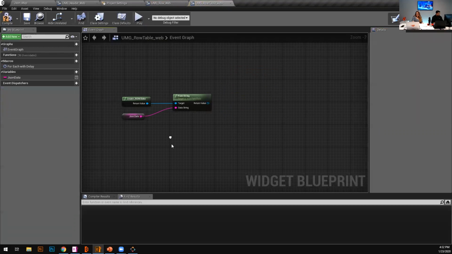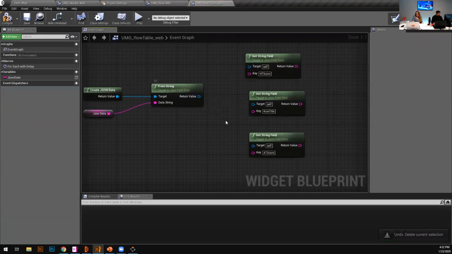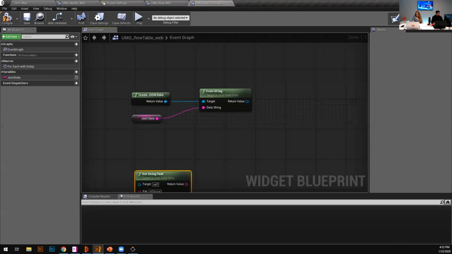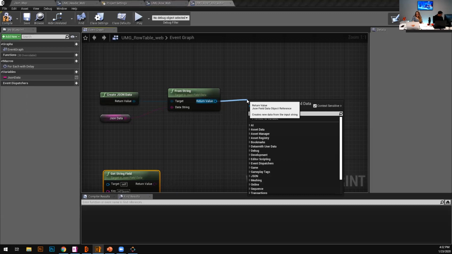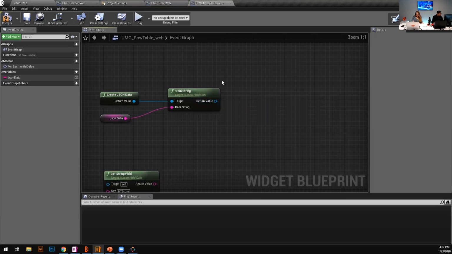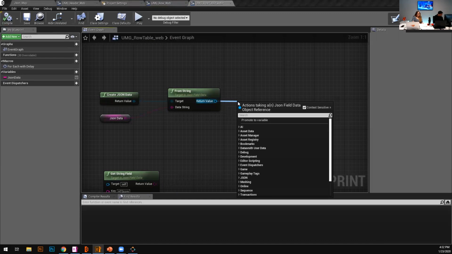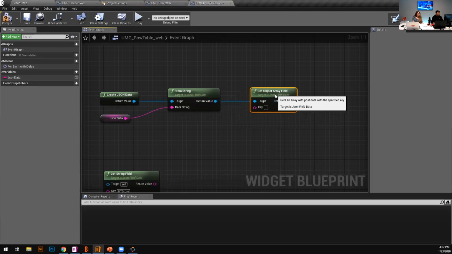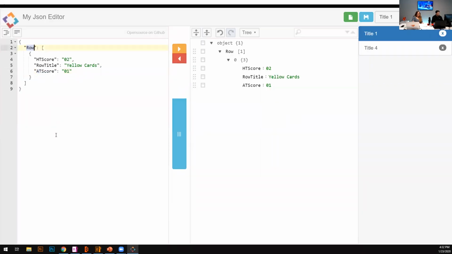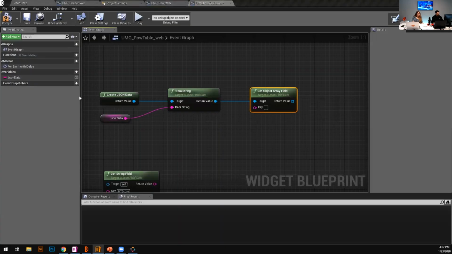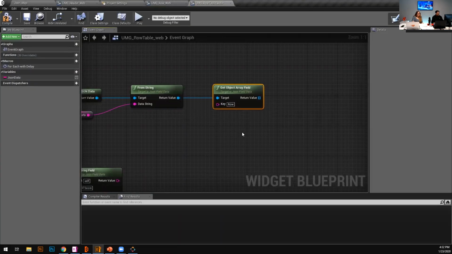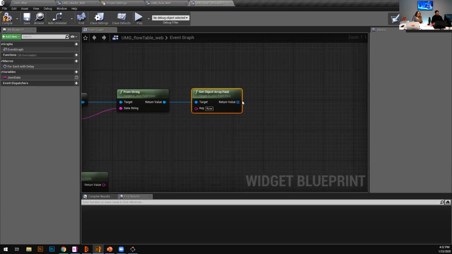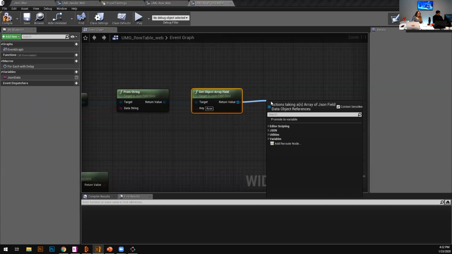Now, from a string, let me compile it first. Okay, get object array field, and you know what the array is? Here it is, ROW. And it's always a good idea to use a for each loop if you are getting the values from the array. So for each,